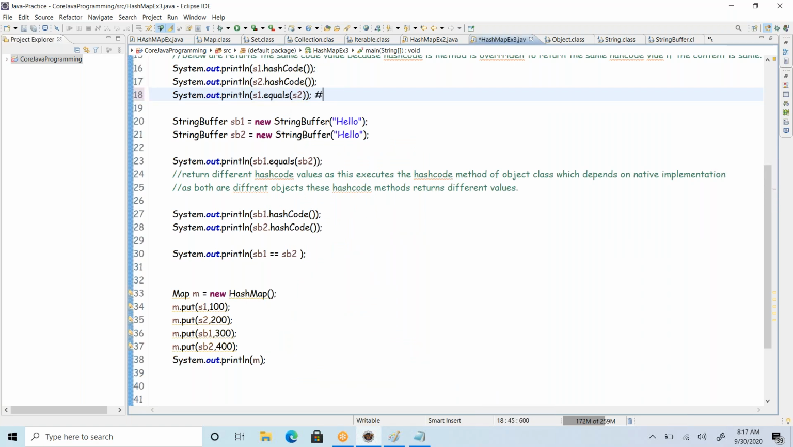So what is the output here? We are sure that this is going to return true. And what is the output here? Of course, this is going to return false. Right or not? Why? Because in the string class the equals method is overridden. If you get into the string class, the equals method is there, and it has a logic to